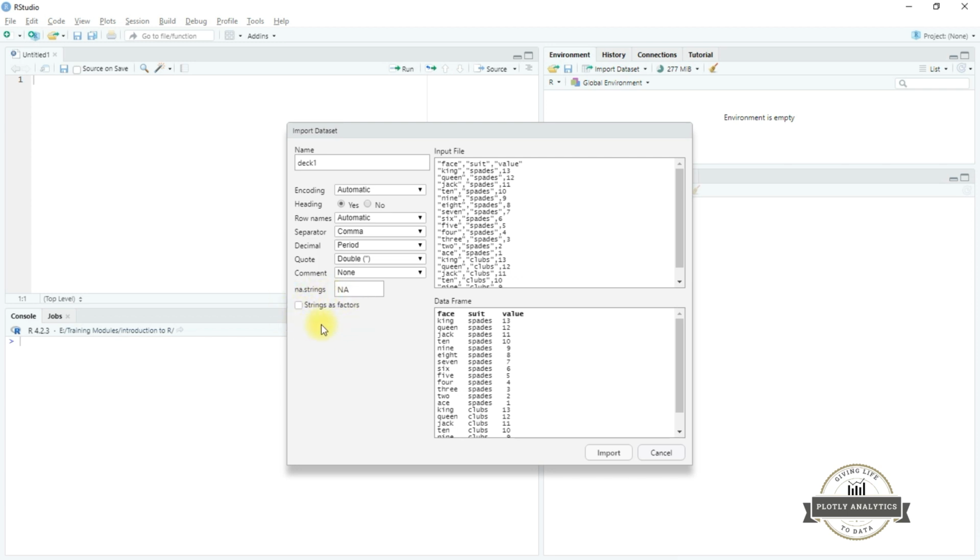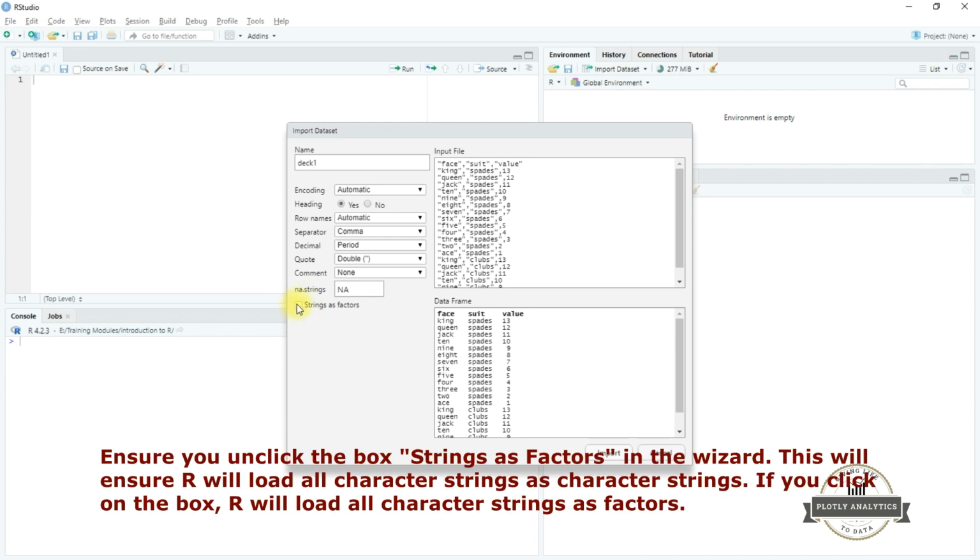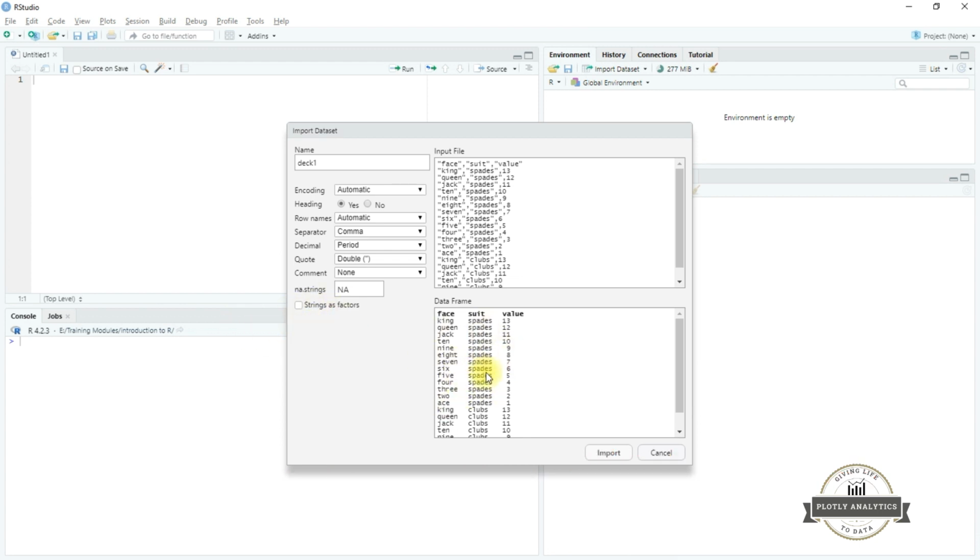And last but not the least, a very important parameter to take care of is that you need to unclick the box "strings as factors" in the wizard. I highly recommend that you do this, because if you do, then R will load all your character strings as character strings. But if you click the strings as factors box, then R will treat the character strings as factors. So I've unclicked the box, and then everything looks fine, perfect. Then you can simply click on import,